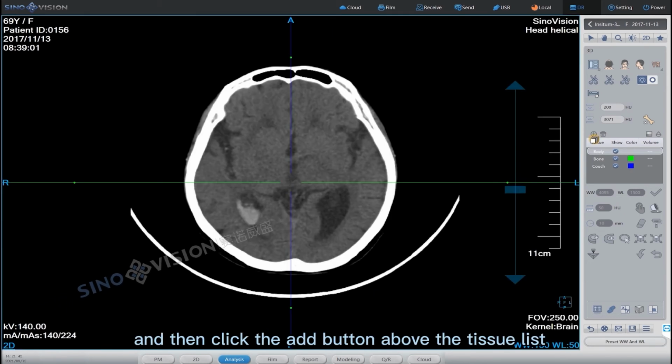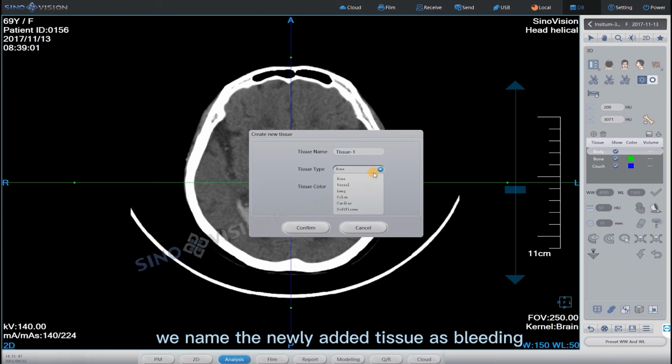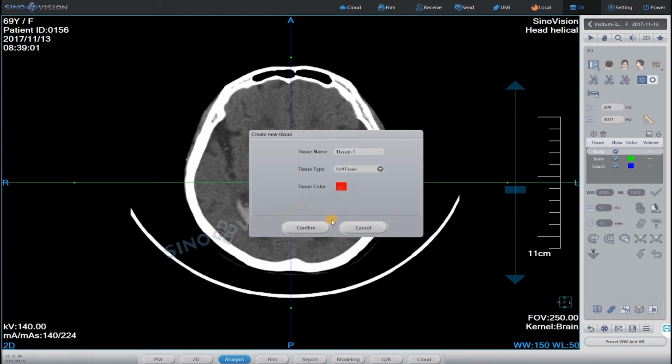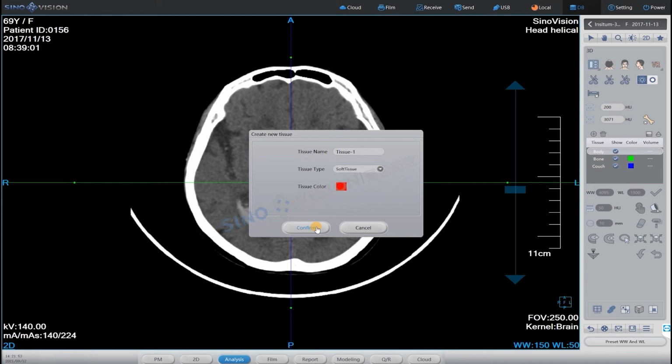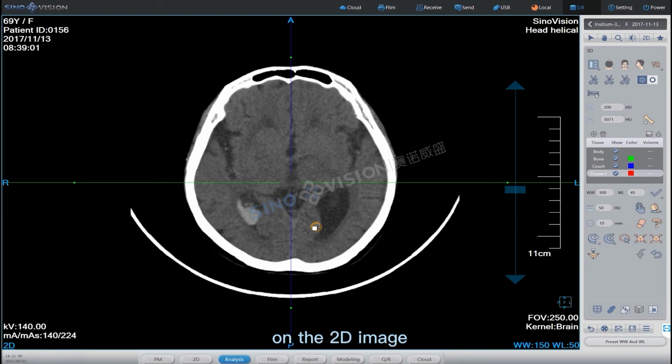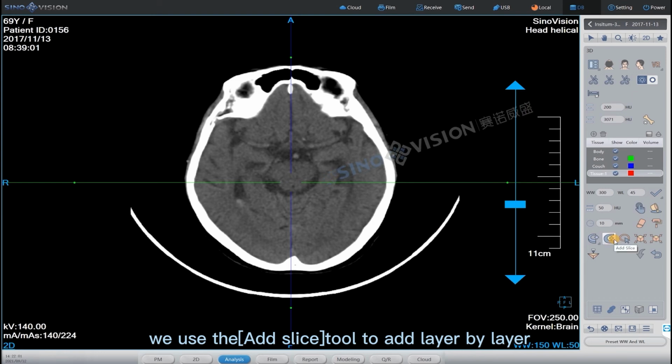click the Add button above the tissue list to add a new tissue. In the pop-up box, we name the newly added tissue as bleeding. Select the tissue type. Here, we select soft tissue. We will not change the rendering color on the 2D image. Click the OK button, and then in the tools below we use the Add Slice tool to add layer by